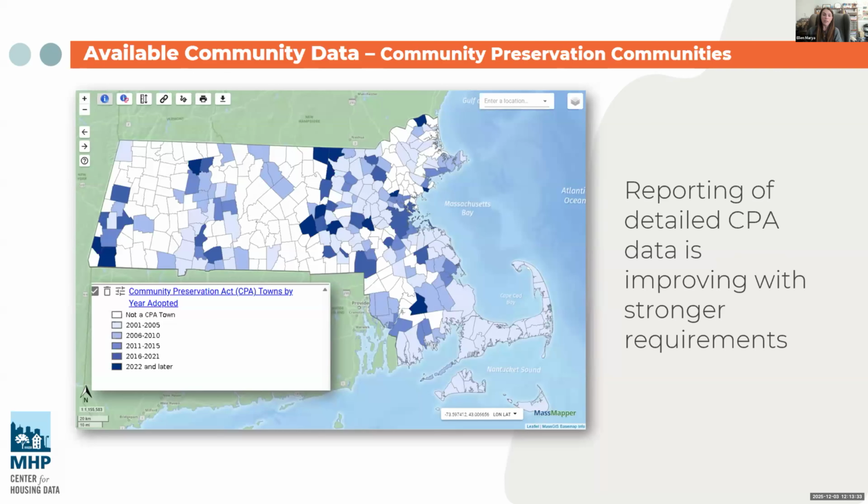Compared to what's collected for affordable housing trusts, there are better established state data mechanisms for collecting and reporting information on CPA communities, especially around background information. So one of these sources is MassGIS, the state agency for geographic data. They maintain data on when communities adopted the CPA, what path they took, so whether it was a ballot question or went through the legislative body,